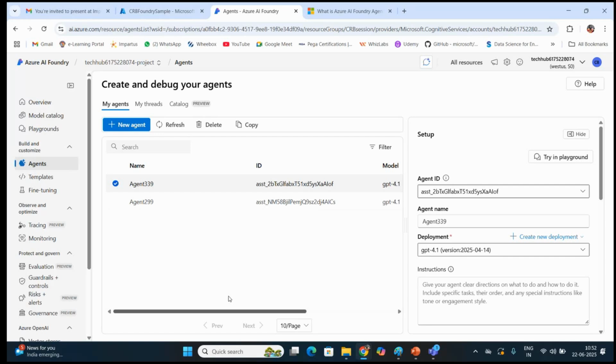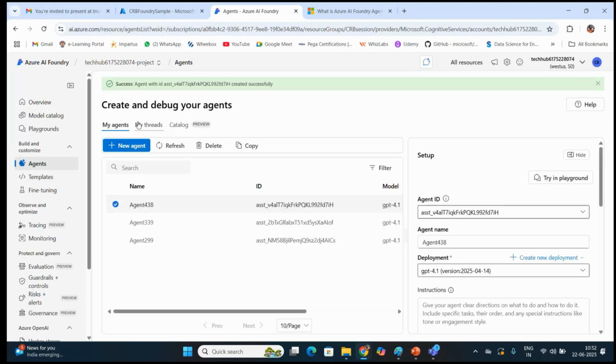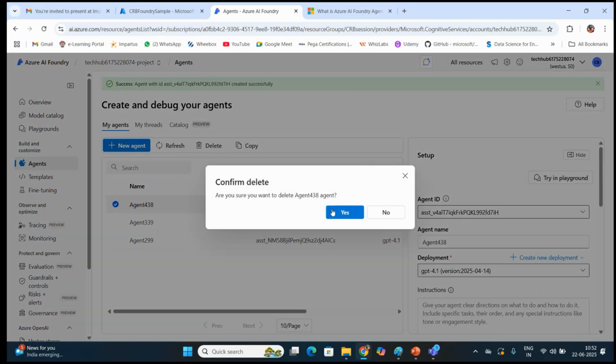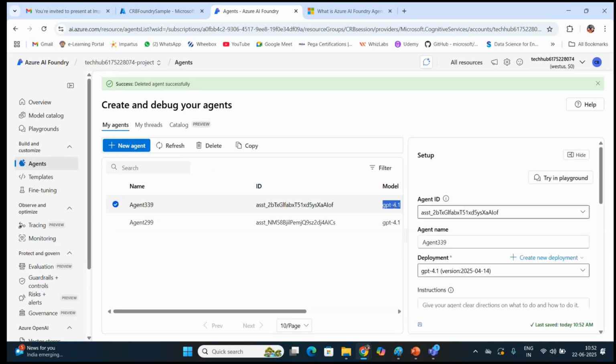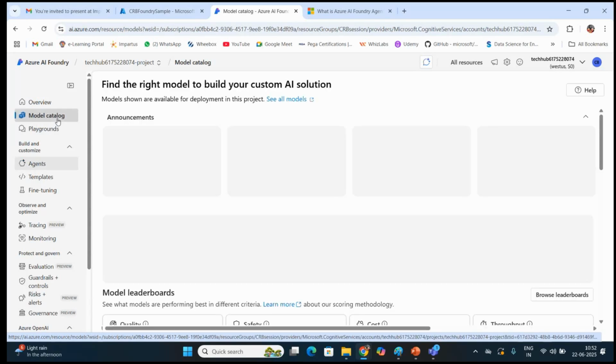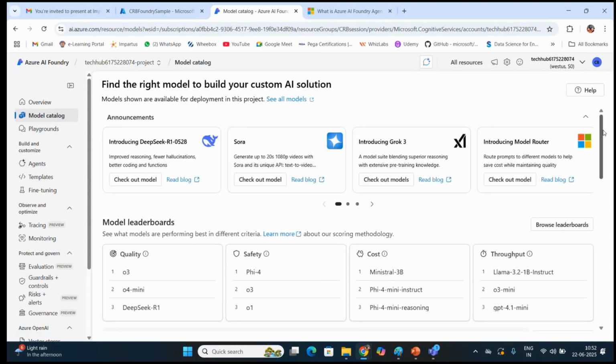Now you are creating a new agent, like every time a new agent would get added, and when you choose at the start, you would be given an option of what kind of deployment you want to do. This is where the model deployment, the model catalog, would be playing a major role.